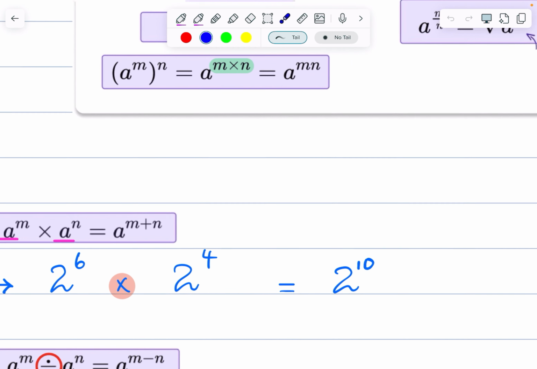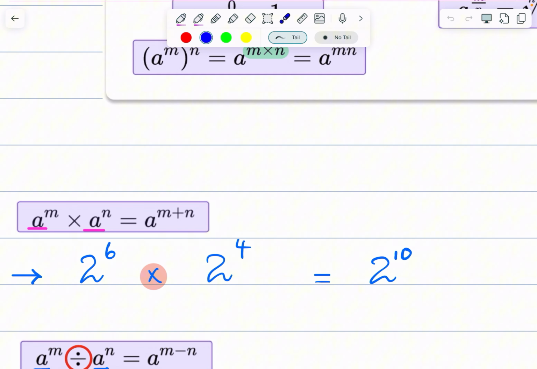Okay, to start off, the very first law is whenever you have same bases, base is the number, ठीक है, जिस पे you have the base can be the number or the alphabet. ठीक है, जिस पे आपकी पावर होती है. If you have same bases, in this case you have 2 and 2, and in this case you have a and a. If you have same bases and you have a multiply sign in between, you can add the powers.